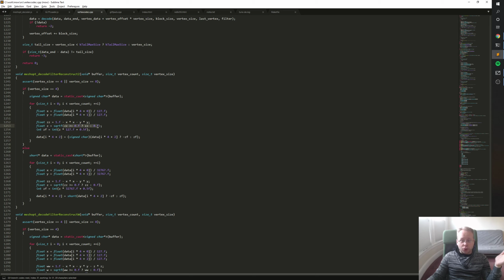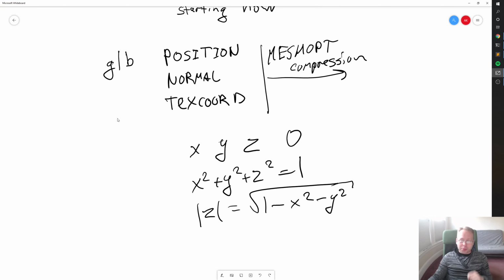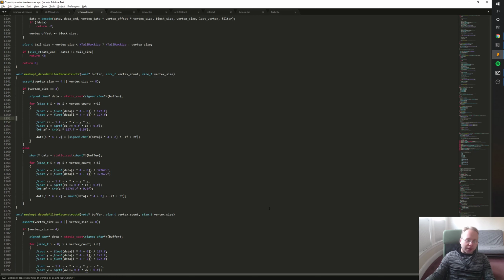Note that we have to be really careful here because in a perfect world, the normal is exactly unit length, so the math that I showed there works. In an imperfect world, there are errors in x and y, and so this expression can actually be negative. And when it's negative, obviously the square root doesn't really work. It's not very happy. It will produce NaNs. So what we have to do is clamp this to 0, and then take the square root, and then we are